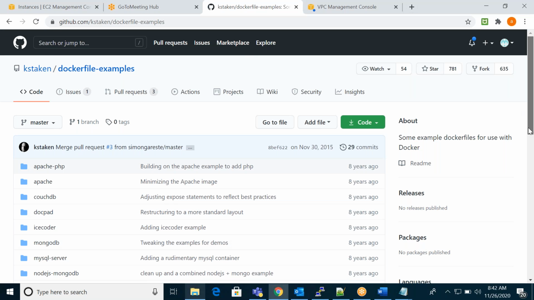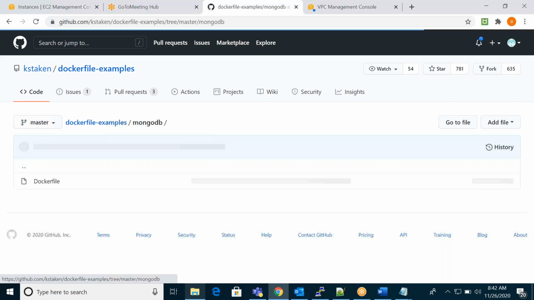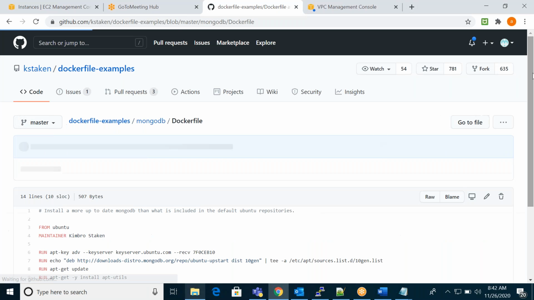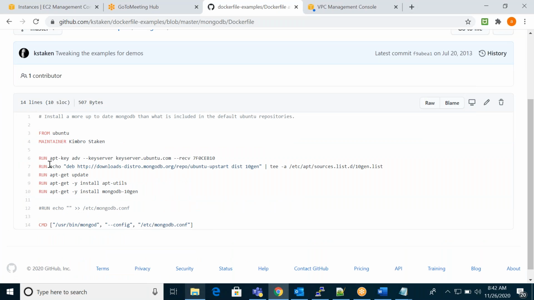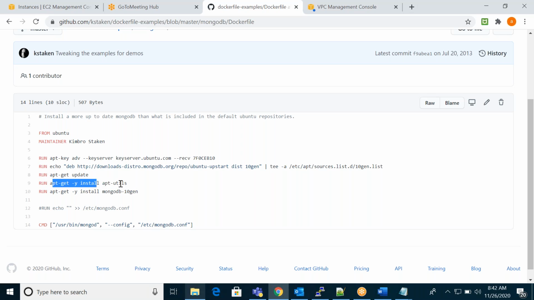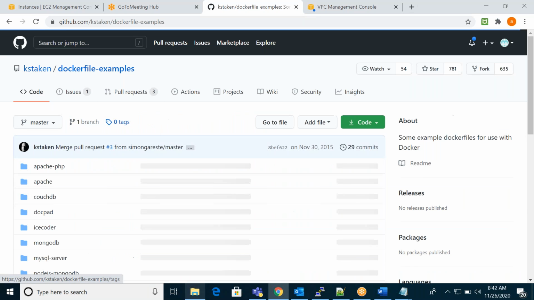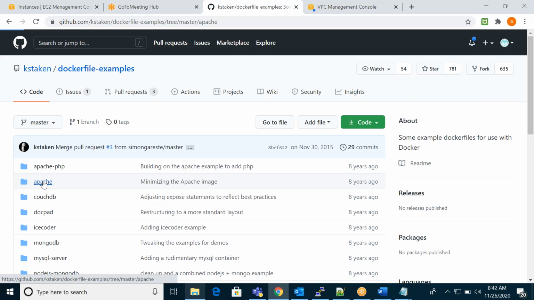You're running something like apt-get update; these are Ubuntu commands. Same structure. If you take Apache, here also you can see the maintainer.